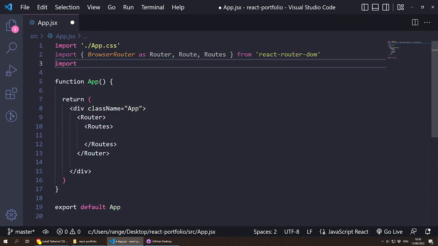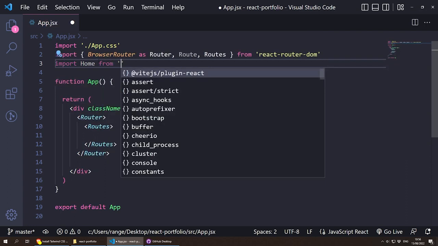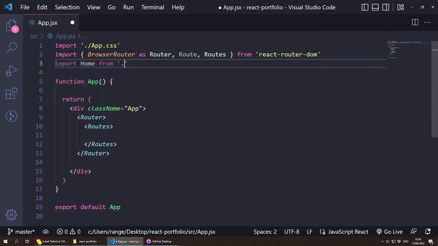And then we want to import home, from, and then we need to navigate to the pages folder. So dot slash and then pages slash home and then slash home one more time. And we don't have to specify the extension. So this should work. And now in order to be able to render this route, what we need to do